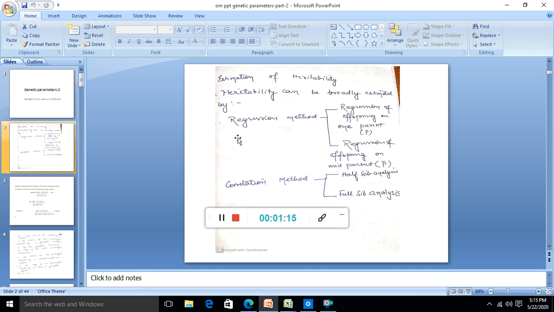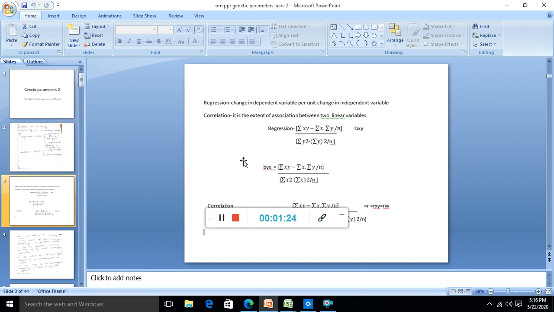Before that, if I say that there are two methods of heritability, first by regression and second by correlation, regression of two types and correlation of two types, that is a total of two regression methods and two correlation methods. I just want to give you all a small reminder, or take you all back to the biostatistics lecture where we had discussed, not online but offline, in classroom course, regression and correlation. So friends, for all those who do not remember it or are forgetting it for the time being, regression is the change in dependent variable per unit change in independent variable.